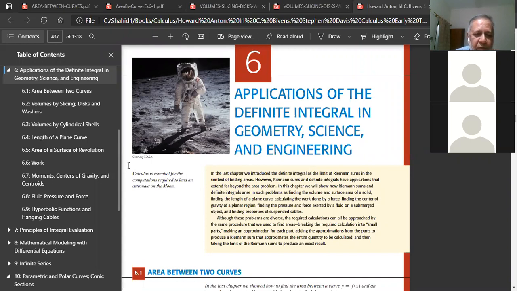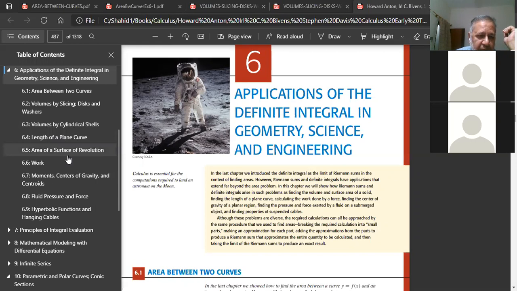What we have to cover in the rest of the time available from chapter 6, I have already shared this article, notes on this article, area between two curves, and most of you are familiar with this idea already. Volumes by slicing, disks and washers, that is the second thing that I will be considering in chapter 6. Then leaving out volumes by cylindrical shell, we'll go to length of plane curve